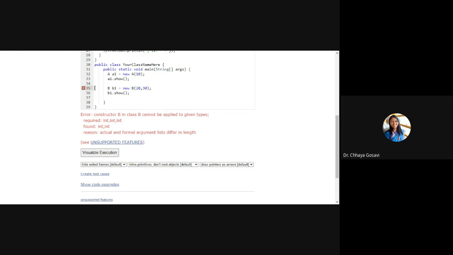So to create the object, again I have to pass three parameters: 20, 30, 40.